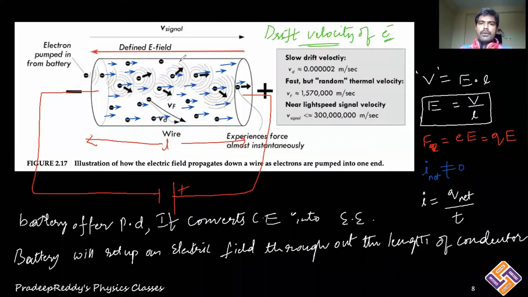Now when you are connecting a battery, because of the effect of the electric field setting up within the conductor, all the electrons are forced to move in a specific direction and they are being carried by the electric field. The electric field is forcing all those electrons to move in a specific direction. Therefore, these electrons are said to be drifted. Under the presence of an electric field, all the electrons are said to be drifted, and that drift is in the opposite direction to that of the electric field.